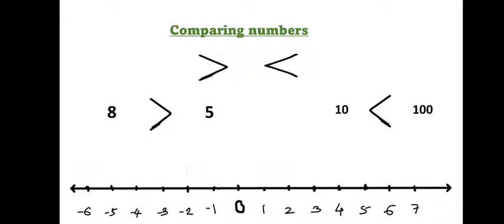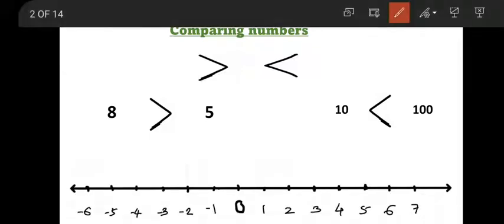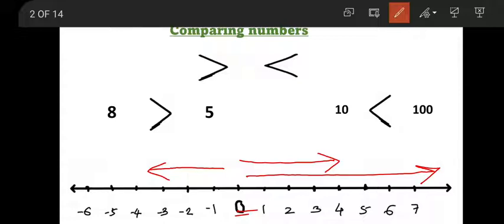Now see the number line. Let us understand this. Here this is 0. When we go to the right hand side, the greater number will be greater. But when we go to the left hand side, as the number increases, the smaller number will become the greater number. I repeat, as we go to the right hand side of the number line, as the number increases, the number becomes greater. As we go to the left hand side of the number line, as the number increases, the smaller number becomes the greater number.